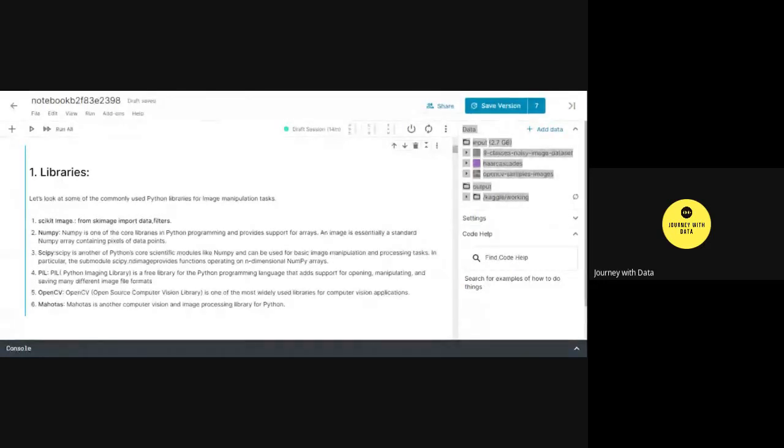In addition to that, we might have other libraries as well. For example, whenever I'm working on a data science project, a machine learning project, I'll use another set of libraries. Whenever I'm working with statistics calculations, I'll use statsmodels. So there are different libraries for different purposes. So that's just an introduction to the libraries.